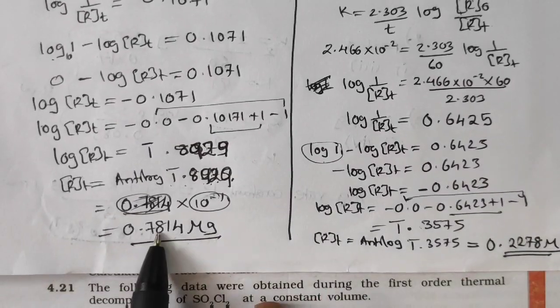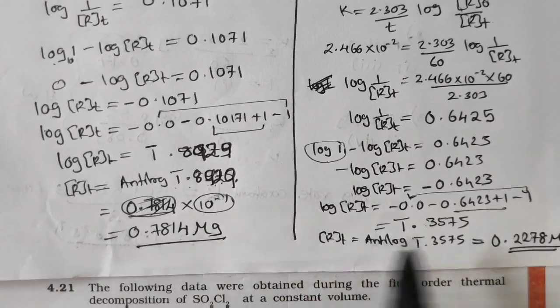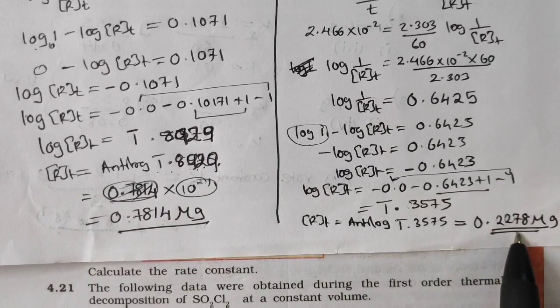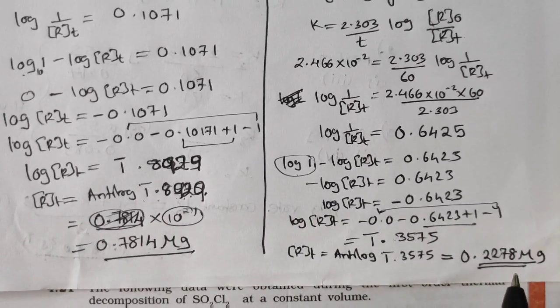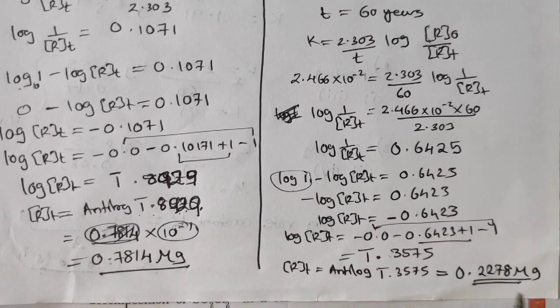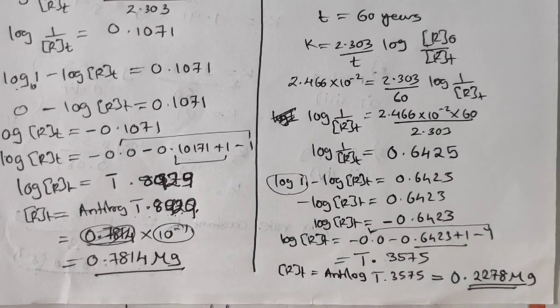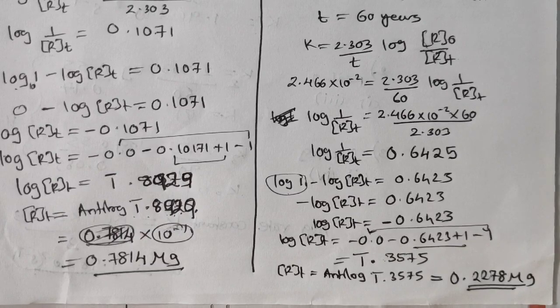So first, if you see, it was 7.8 after the end of 10 years. Then if you see at the end of 60 years, slowly it will keep on reducing, but it will not go away from the body. It will be there in the form of toxic waste. Okay, now the next part.